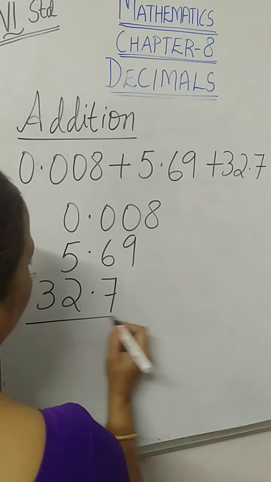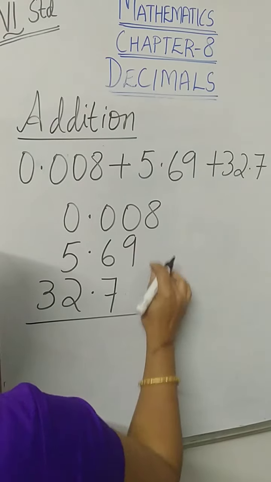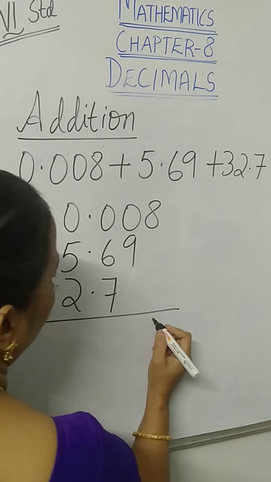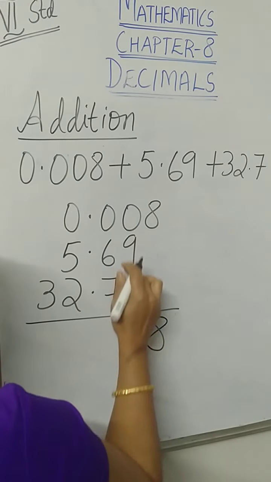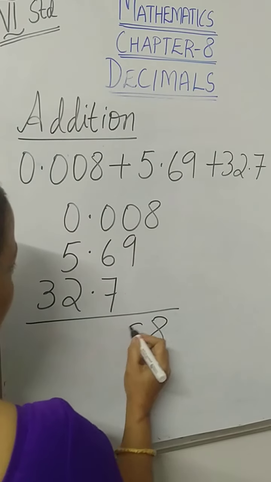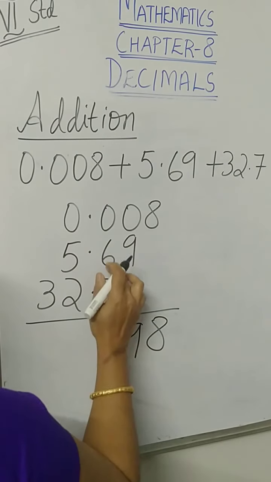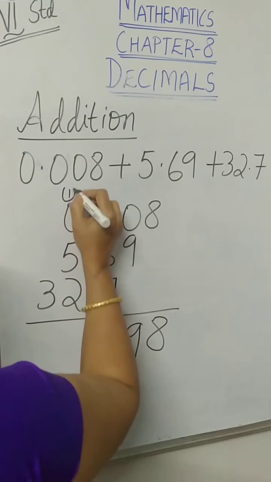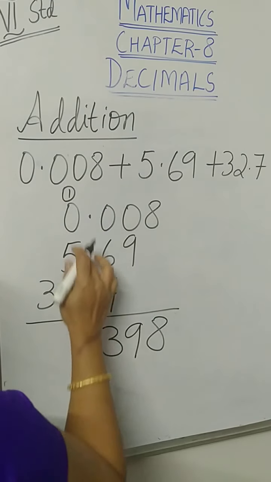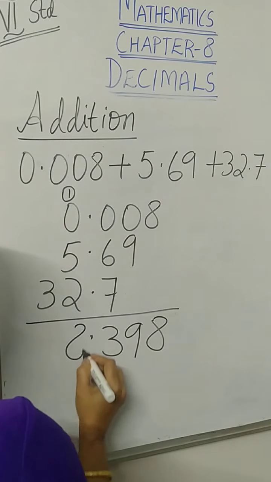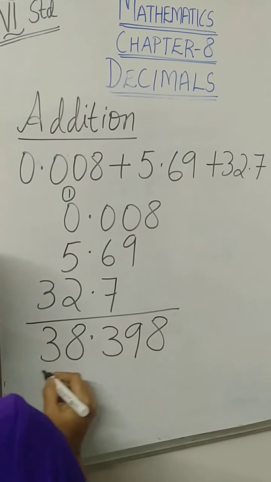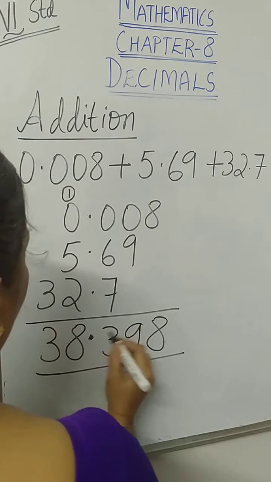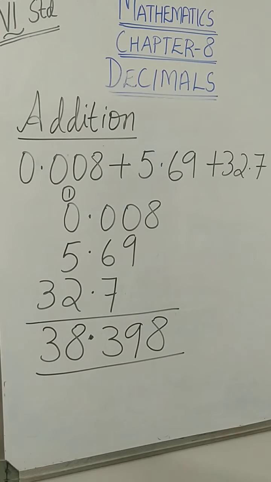Yes. Now let us add. Here we don't have any number, so it is only 8. Here 0 plus 9, it is 9. Here 6 plus 7, it is 13. 3, 1 carry here. Now add all these. 5 plus 1, 6 plus 2, 8 it is. Here it is 3. Okay? Is it clear? Did you understand how to add it? I'll show you another example.